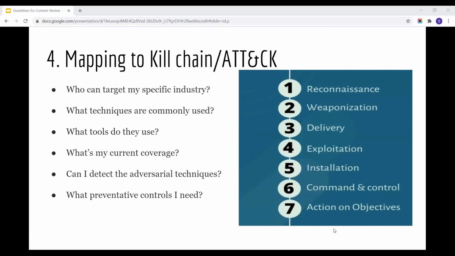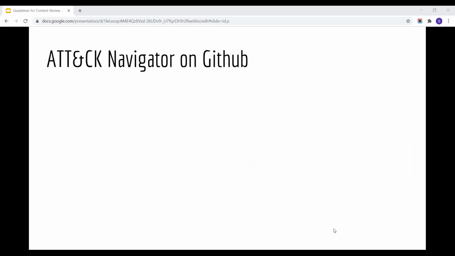The ATT&CK framework answers these questions and makes it easy to create heat maps of the attack techniques known to have been used against similar peers in your industry. Talking about the MITRE ATT&CK framework, if you haven't seen MITRE's instructional video about how to make use of the ATT&CK Navigator, I highly recommend you do that.